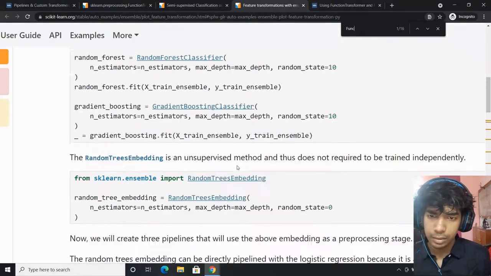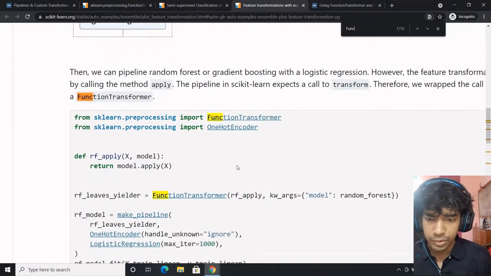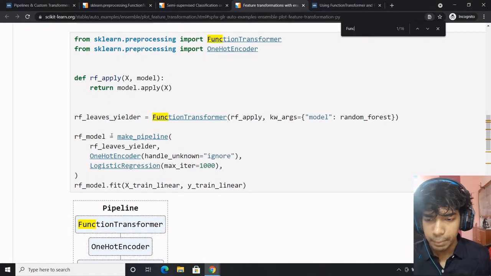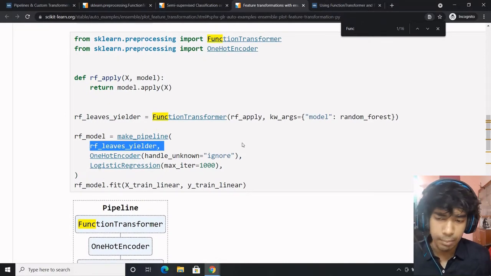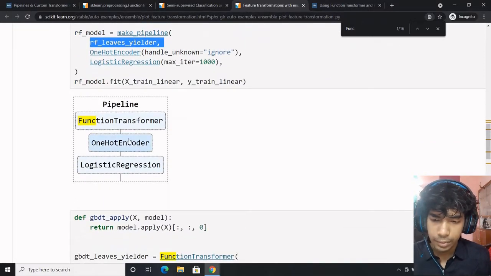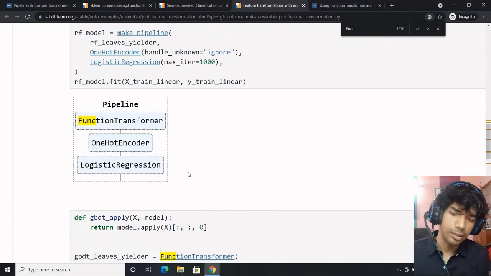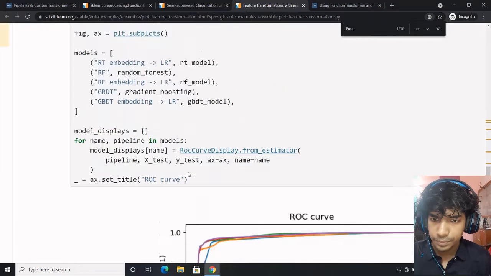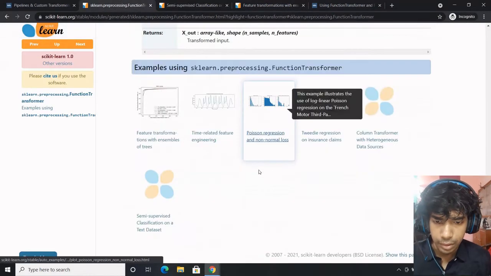This is another, more sophisticated example wherein we are using function transformers. A function transformer is used in a pipeline. So in the pipeline, you first apply the function transformer, then you get one-hot, and finally the logistic regression. This is one beautiful example of using a function transformer. Let's check out a few more.